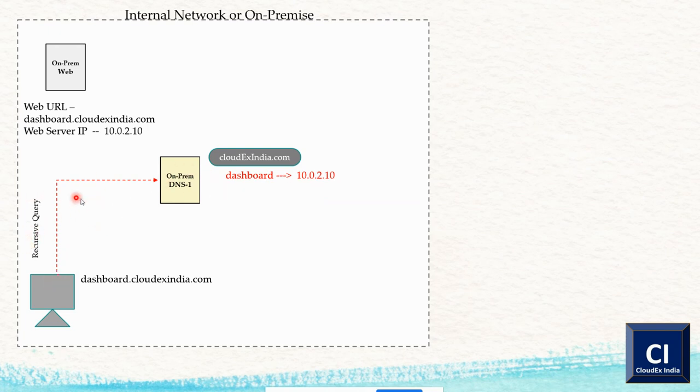Okay, and so it gives the response to the client, and the query the client sent to the DNS is known as the recursive query. Whenever there is a query from client to the DNS, that query is always known as recursive. Since the DNS server has a record, it gives the response to the client: hey, the IP address of dashboard.cloudxindia.com is 10.0.2.10, and based on the IP address, the client will reach out to the web server